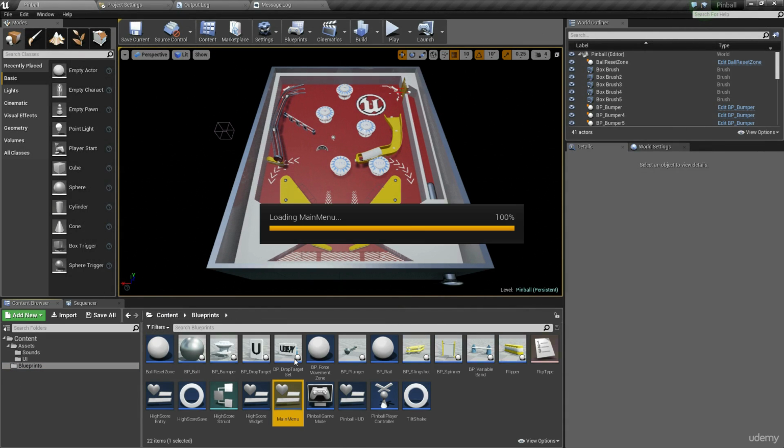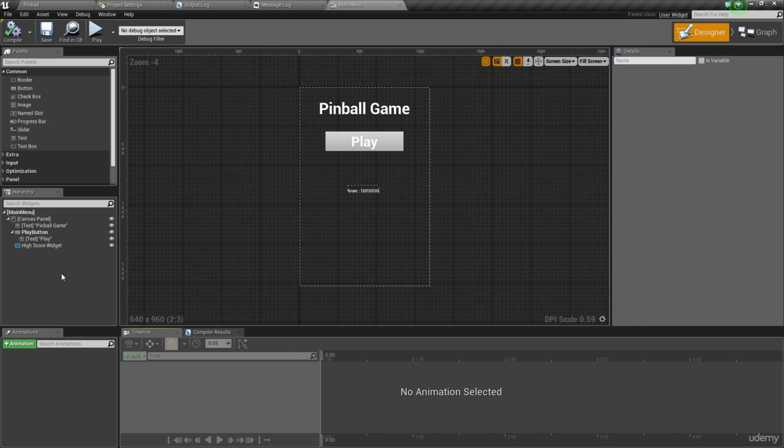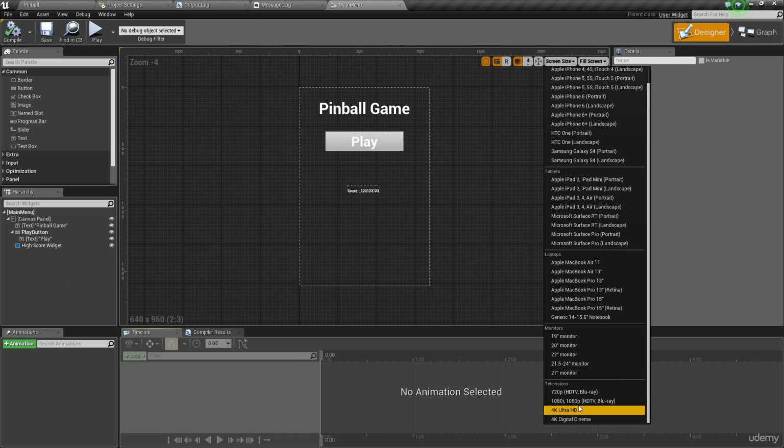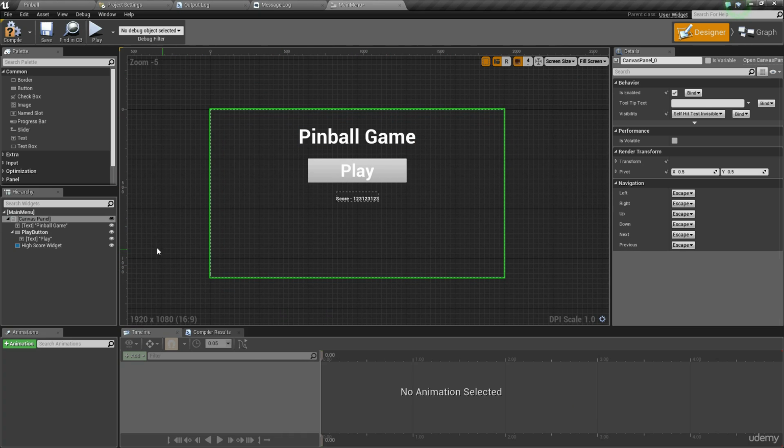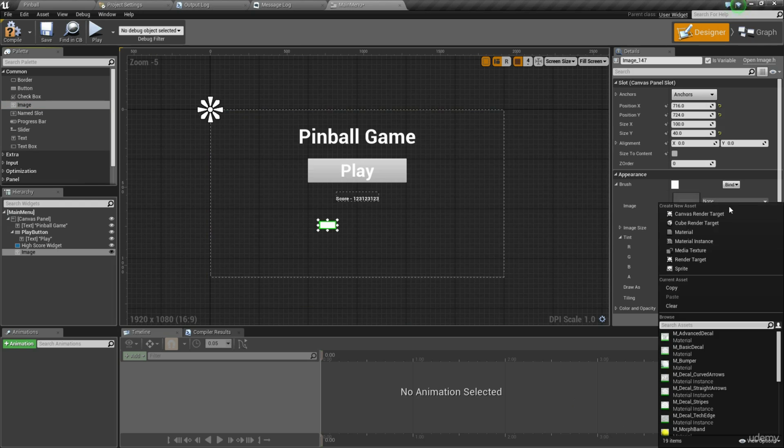So now that that's good, let's go to Blueprints, and I'm going to open up the main menu. Now, the first way that people would think of adding a backplate to this would be to just drag an image and hope that it all works. However, that's not actually a good way to do this. If I was to drag in an image and just drop it there, and I was to set the image to be the backplate,